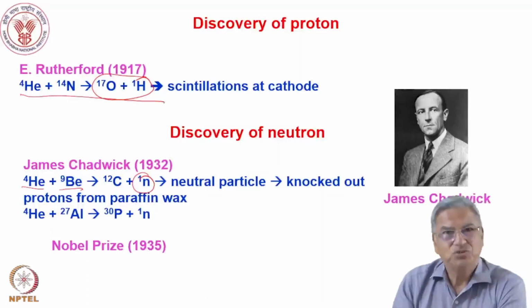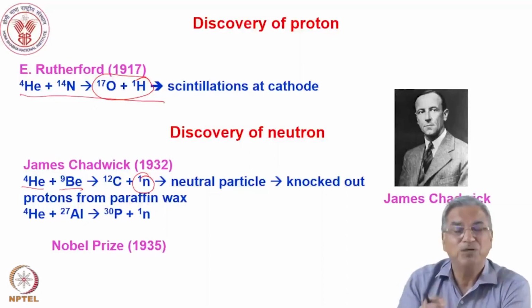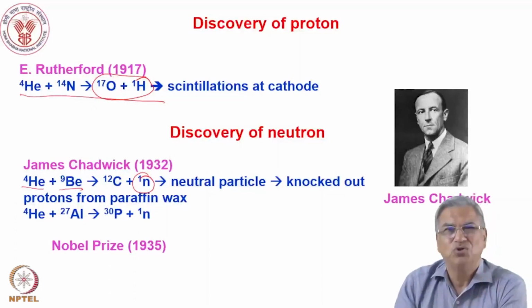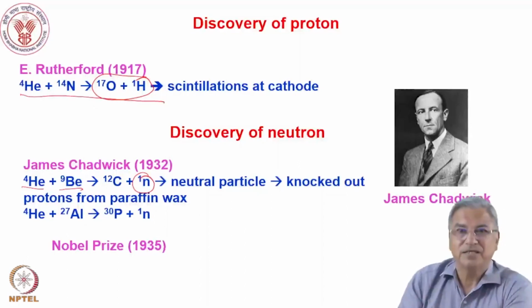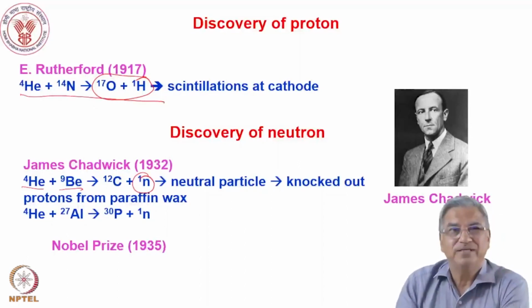Incidentally, Irene Curie and Frederick Joliot also had discovered, they had found out neutrons, but they did not have the unambiguous proof. And in fact, James Chadwick informed Rutherford that this group was also doing similar experiments. When it came to the Nobel Prize, Rutherford proposed James Chadwick for the Nobel Prize, and he received it,